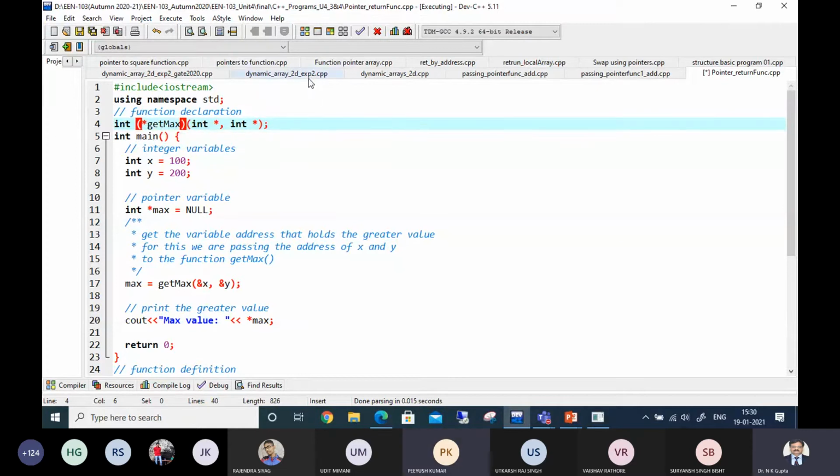Otherwise, the meaning will be that it will not be the declaration of a pointer to a function. It will be a function declaration. Suppose I had written int asterisk pf parenthesis int. Okay, then